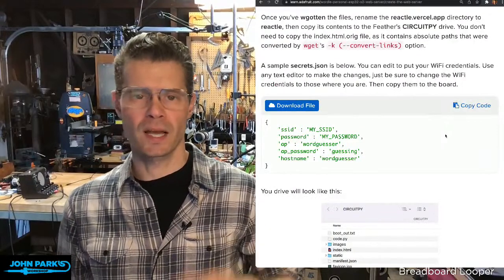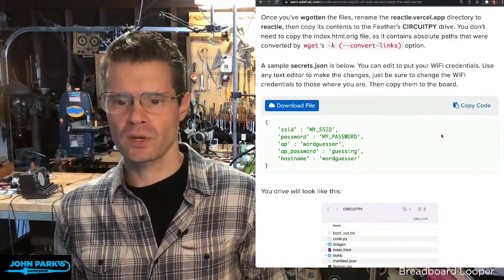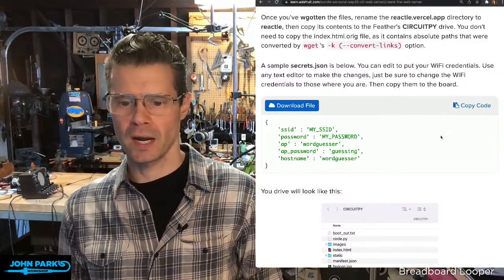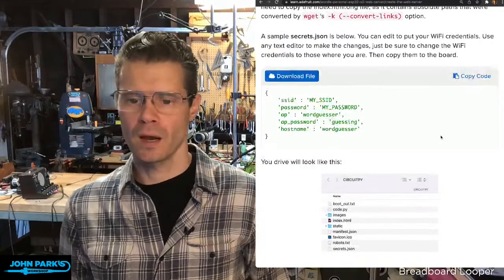And then it talks about setting up your secrets JSON with your SSID and password, as well as the access point name and password. If it doesn't get on a network, it'll serve up its own.